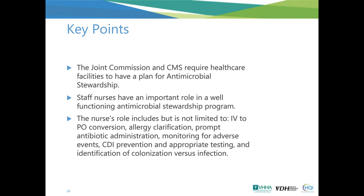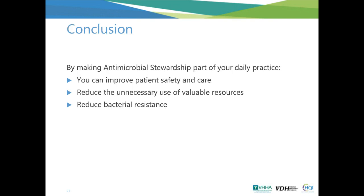The other thing is also to be, as I know you are, a very good advocate for your patient and help with patient teaching about proper use of antibiotics. In conclusion, please think about antibiotic stewardship as part of your daily interventions for your patients. Your patients are looking to you to advocate for their safety. We want you to conserve the resources of your facilities, be good advocates for your patients, and to really help